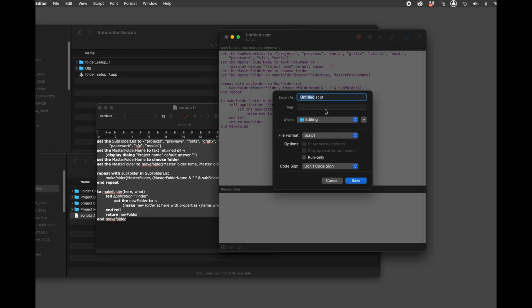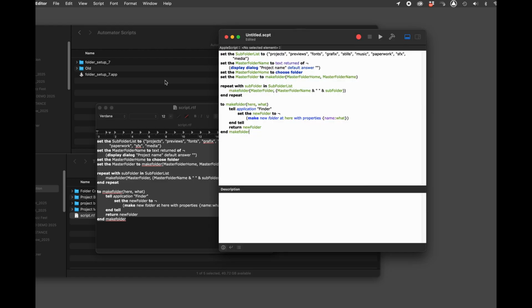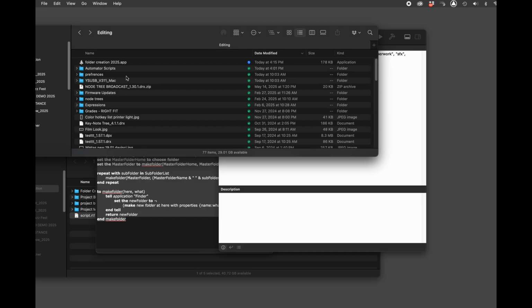I'll go into Editing, and then I'll save it as an app, folder creation 2025. I'll save it. And now this app here,